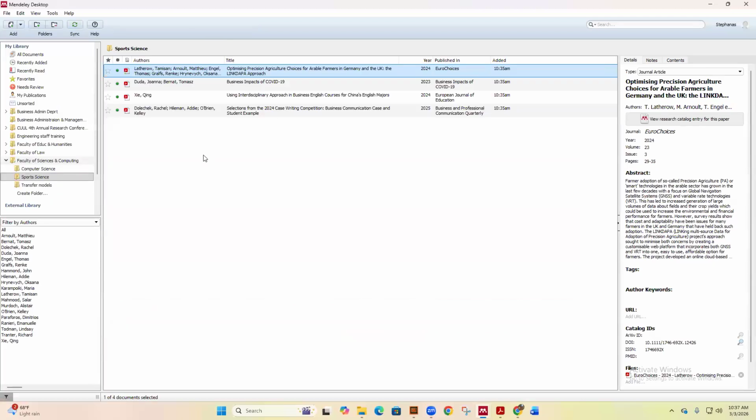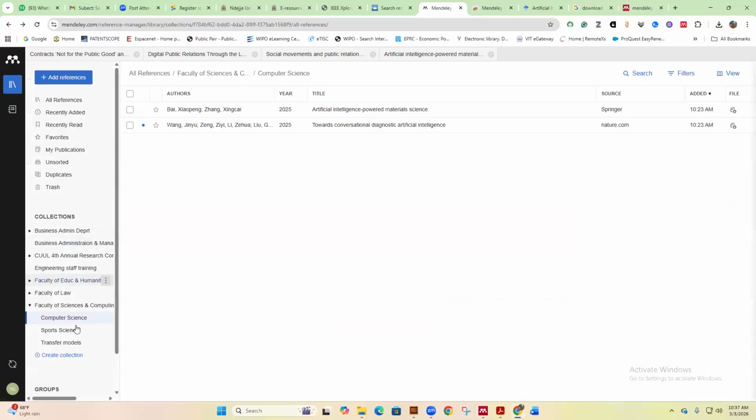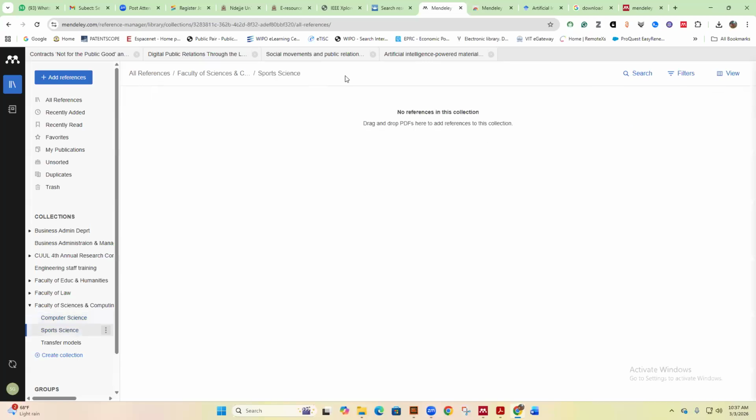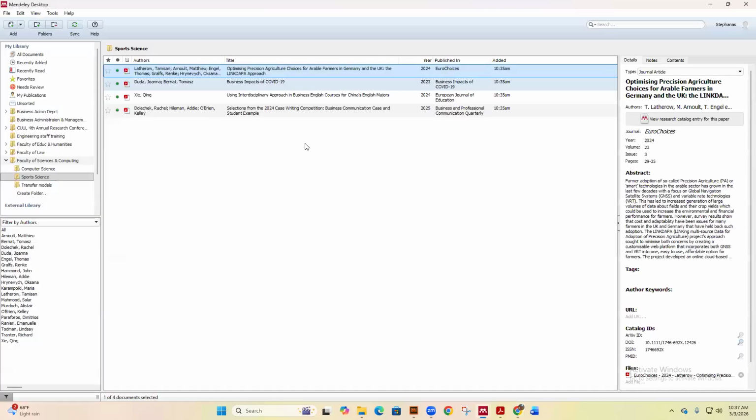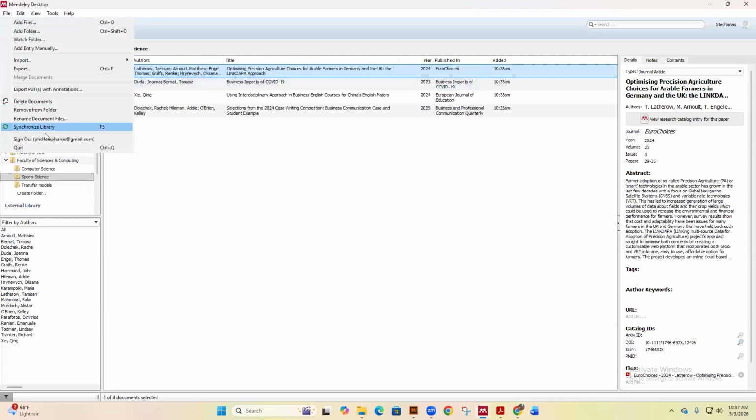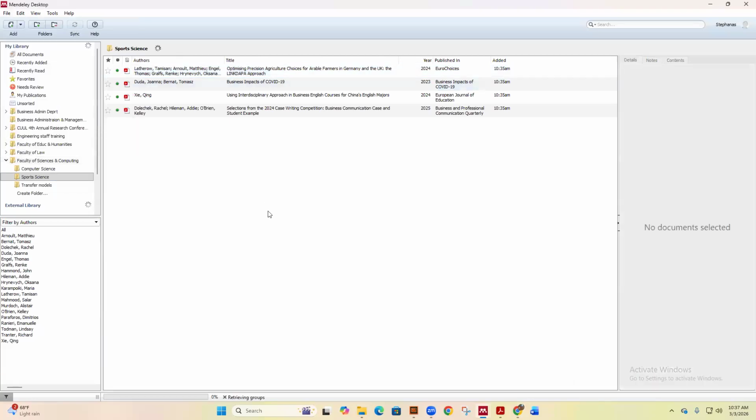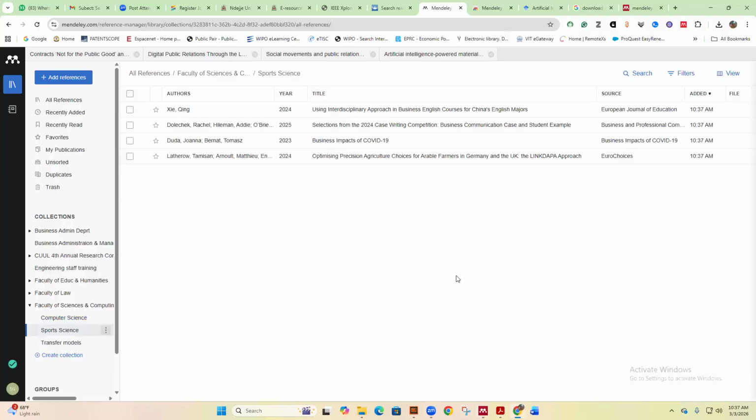Then you close. So when we go to our online account, I want us to appreciate that under sports science currently there is nothing, but already on our main desktop we have items. What we are going to do, we are going either to synchronize from here or just click on the icon synchronize, sync. And when we synchronize and we go back and check on our online account, you will appreciate that the items are already here. So that's how the two work